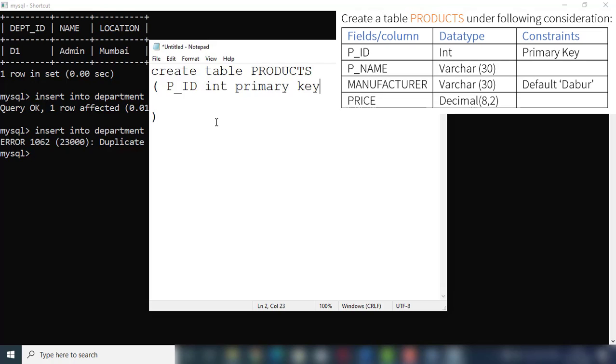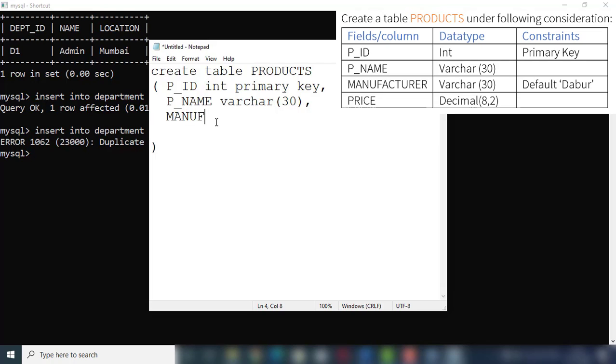Second column is p name, p underscore name, then varchar 30. Then there is no constraint, that's why simply put comma and come to the another column,